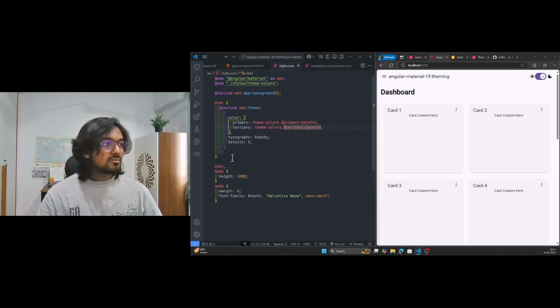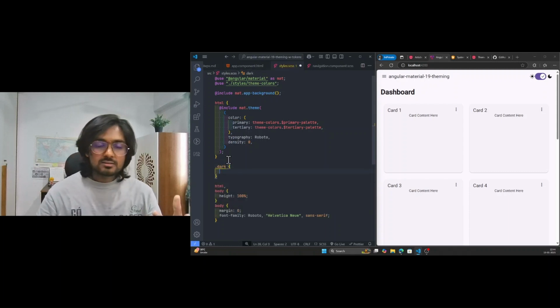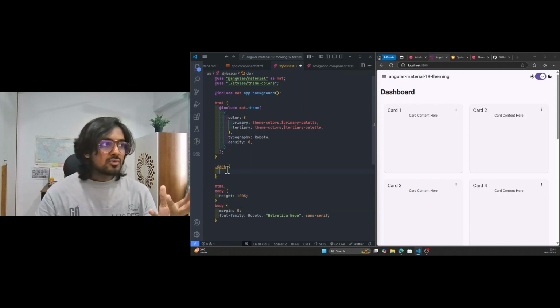For the dark theme, what we will do, we saw earlier that the theme toggle is adding the dark class to our body, correct? So we need to control the dark variant in our dark class. Now the Angular Material team generates CSS variables, and when they generate CSS variables, they are using the light-dark CSS function. So let's go to